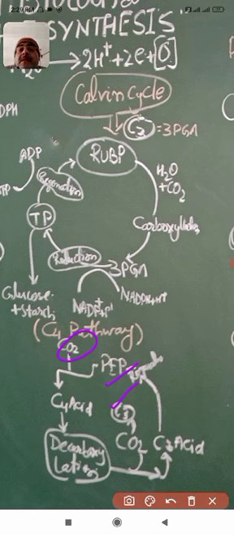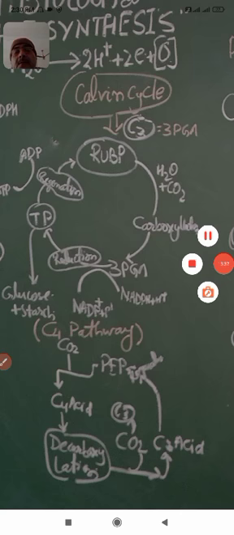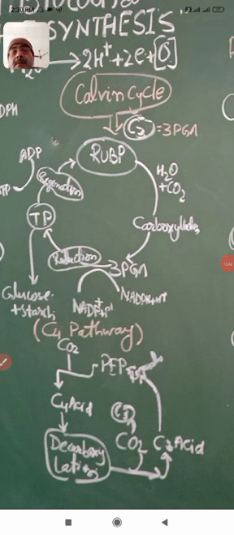My dear students, C3 plants are the plants which are found mostly in water-rich areas, and they have a thin mesophyll layer, and the C4 plants are adapted for the most dry conditions. C4 plants get adapted for the most dry conditions because they are found in areas where there is water scarcity. Okay. Now let us see the C3 plants.